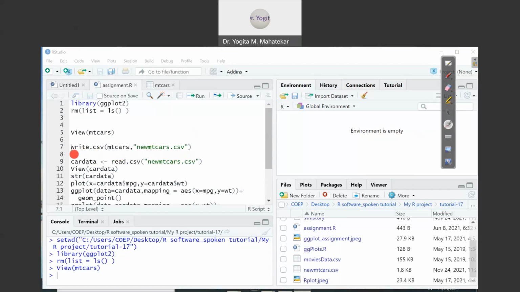This command write.csv will write everything that is there in the data frame mtcars with the name new_mtcars.csv. So let me just compile.